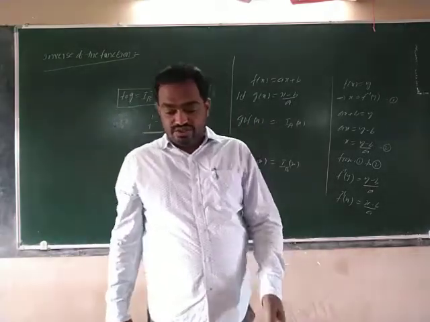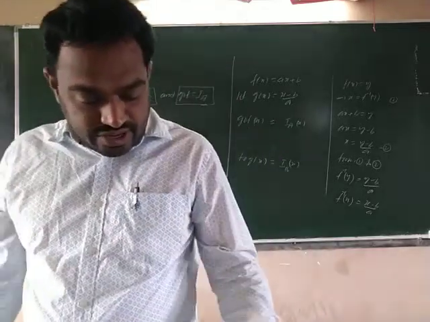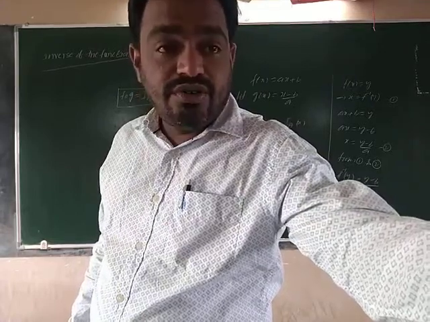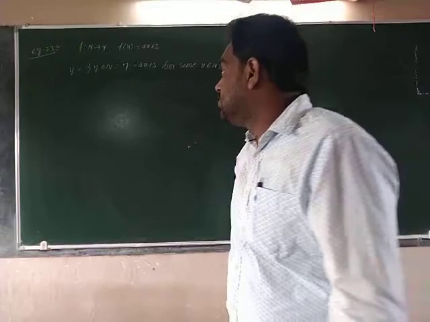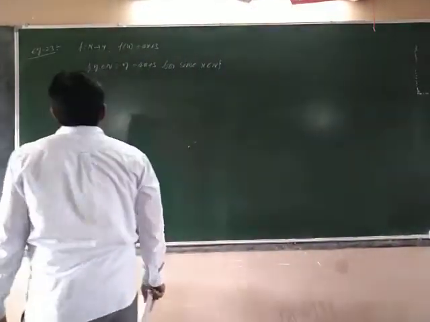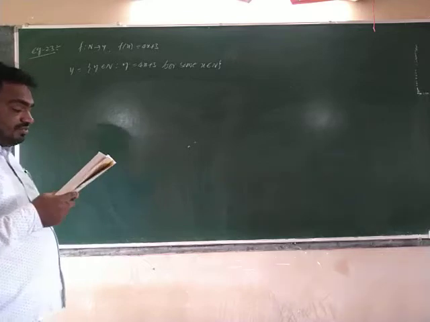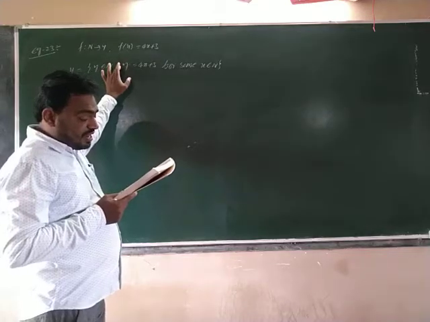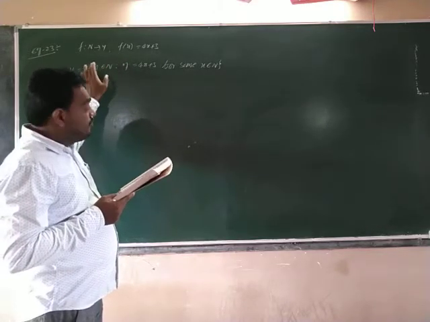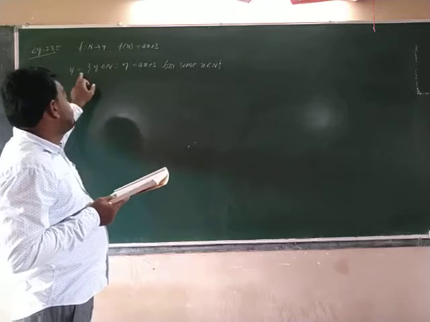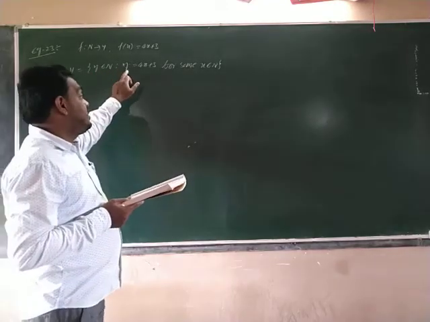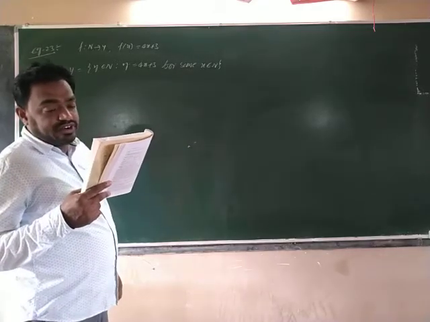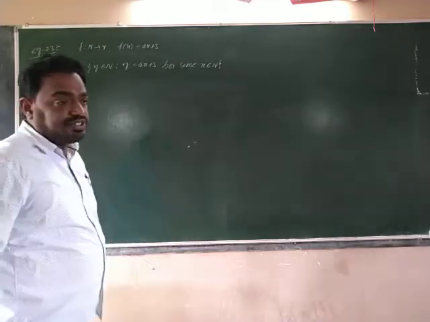You see some questions, after that you will understand easily. Now from example 23 onwards, we are solving. Example 23. Let f be a mapping from N to Y be a function defined as f of x equal to 4x plus 3, where capital Y is the set of y belonging to N such that y equals 4x plus 3 for some x belonging to N. Show that f is invertible and find the inverse. This is the question. Simple problem.